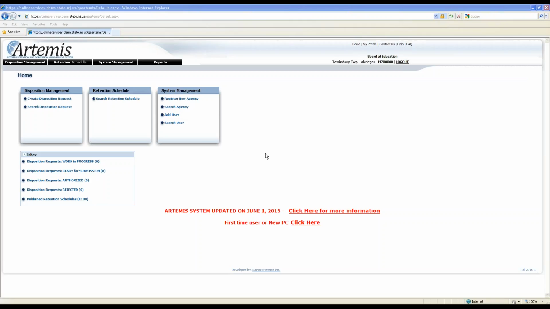Kathleen asks, how long do you have to keep medical records on elementary students? Offhand, I don't know, Kathleen. You'd have to search the retention schedules and look for that particular policy. If you can't find anything there, again, I would have you call the state and get their official response on that.